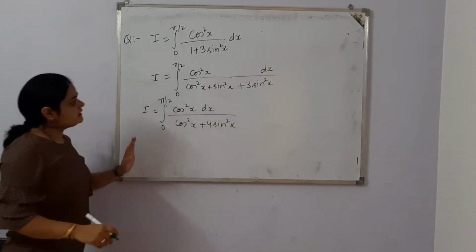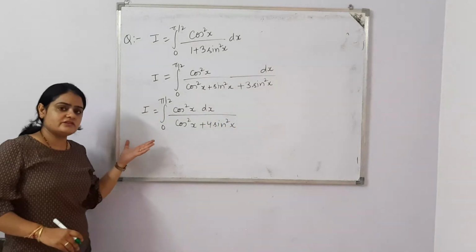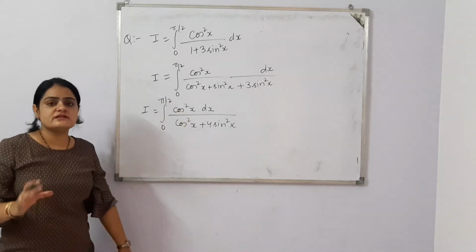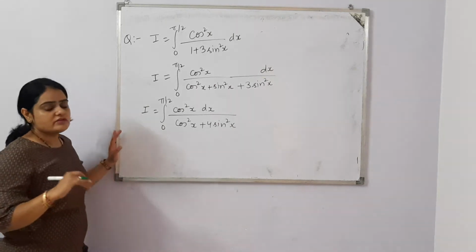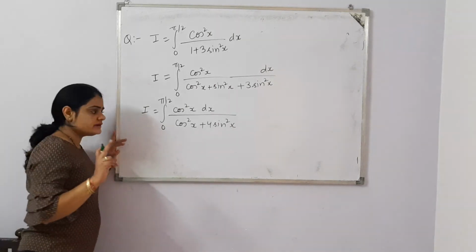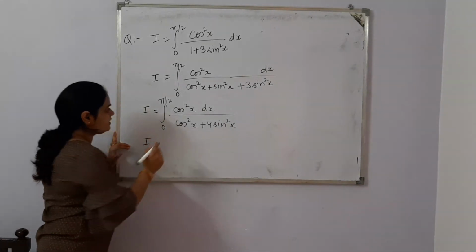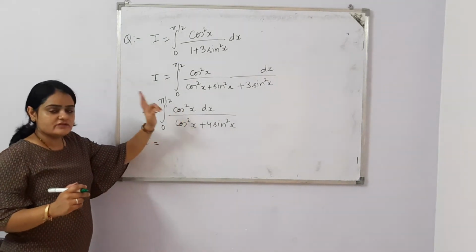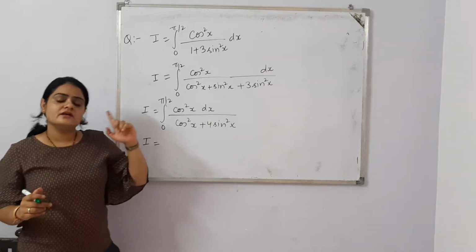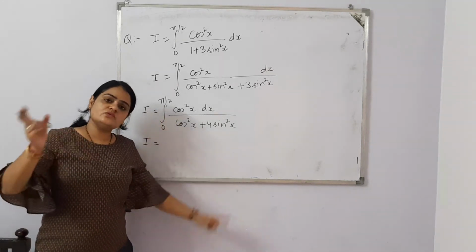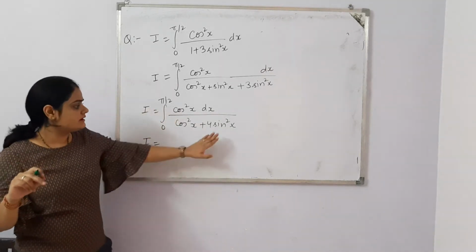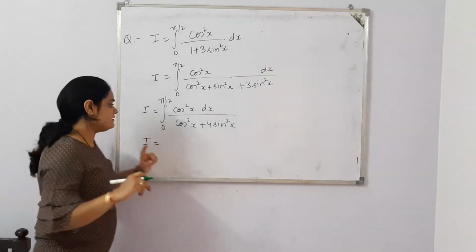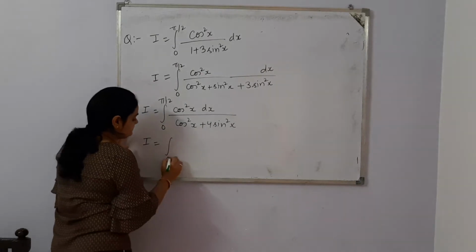Now what you are watching, this is a mixed function, because in the numerator cos square is there, in the denominator cos square and sin square both functions are there. So we need to convert it to a single function, either in cos or in sin. So what we can do, we can apply the formula on cos as well. Cos square is 1 minus sin square, here 1 minus sin square. So you can do this question by changing into sin square, or you can change sin square as cos square. So I am changing here sin square as 1 minus cos square.